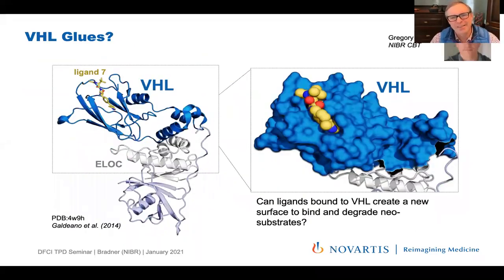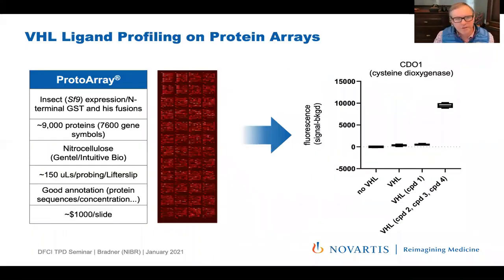We really wanted to find them in an intentional way, though. And so Greg Michaud in our chemical biology and therapeutics group, and this paper's just been submitted for consideration for publication, has created a series of molecules that bind VHL and may or may not have glues. So instead of finding these sort of accidentally, can we find these purposefully? And so with a library of molecules that bind VHL that have chemical diversification pre-built in, and with a series